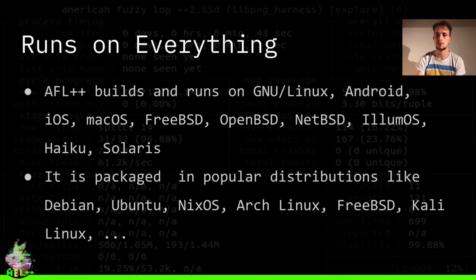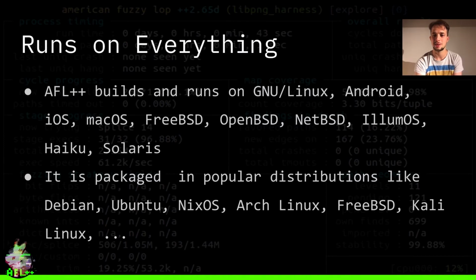So why do we still support AFL-GCC, you may ask? Well, our mantra is that AFL++ should run on as many platforms as possible, because you should be able to fuzz all the things. So we have ported AFL++ not only to GNU Linux, but also Android, iOS, macOS, FreeBSD, OpenBSD, NetBSD, Illumos, Haiku, and Solaris. And we're proud that it's already packaged in some popular distributions like Debian, Ubuntu, NixOS, Arch Linux, FreeBSD, Kali, and so on and so forth. So yeah, we are taking over the whole